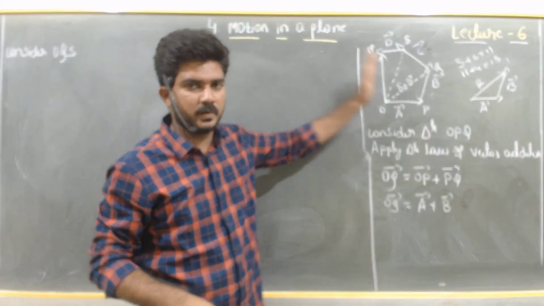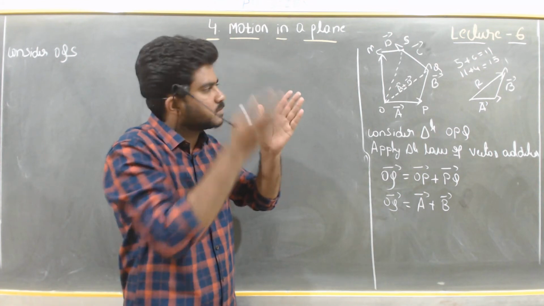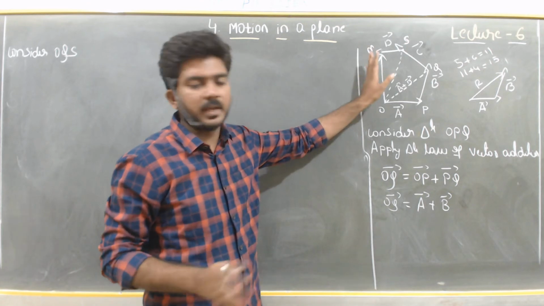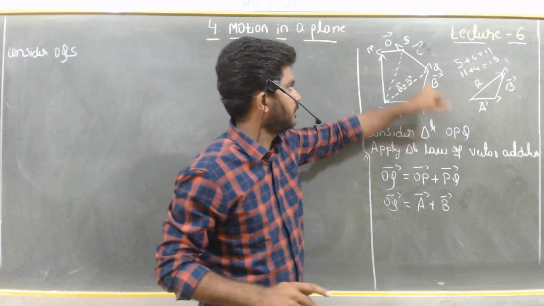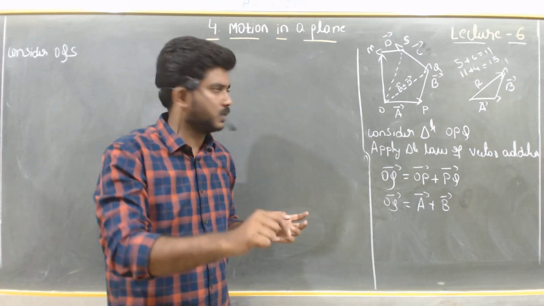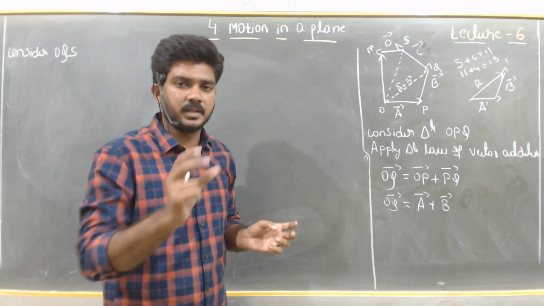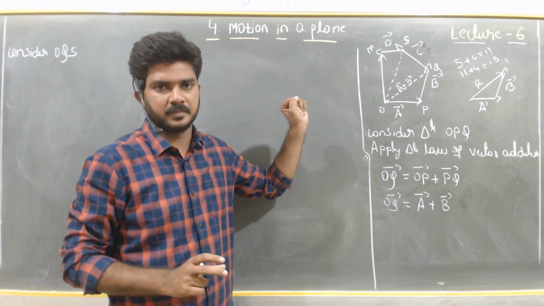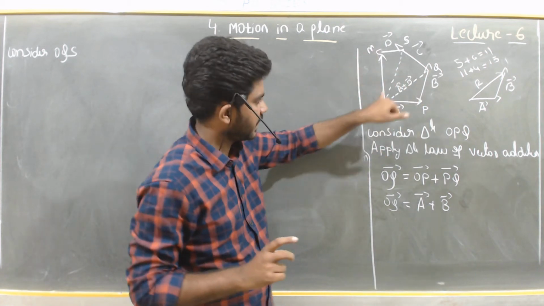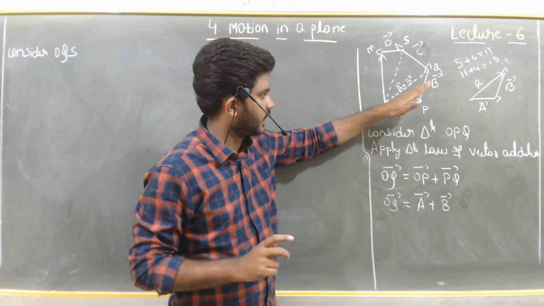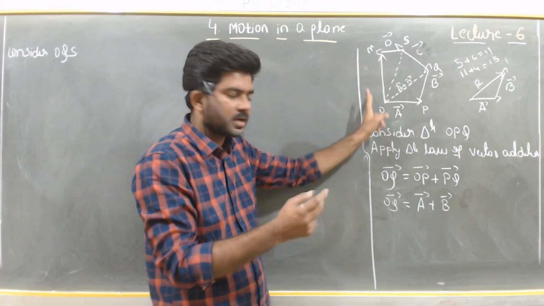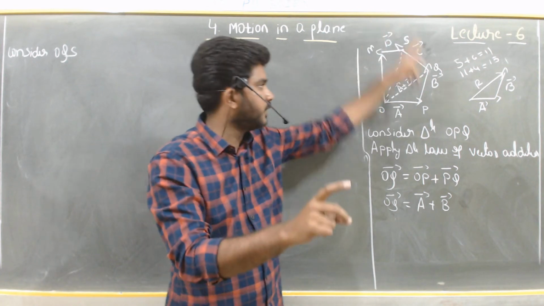Here we have the polygon. In that polygon we are making small triangles to get the resultant vectors, right? Directly we cannot get it simply by adding vector A, vector B, vector C, vector D. That is not the manner to add all the vectors. To add the vectors we have a specific law, and that law should be applied here. First I made one triangle and got the result A plus B. Next I make another triangle to get another resultant vector. In the same manner we are going to do it, and finally we will get one resultant vector, which is the resultant vector of the polygon.